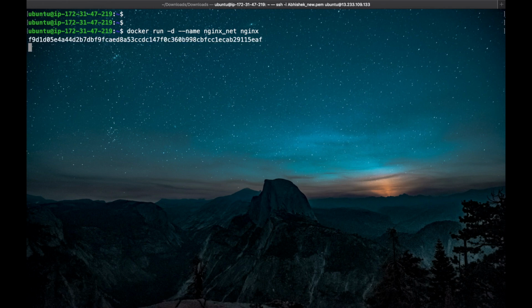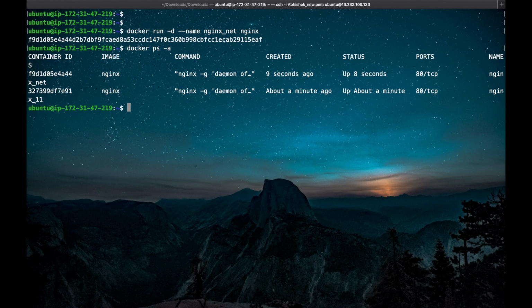Our other container is created. Let's check. Two containers are created, and both of them point to the bridge network.